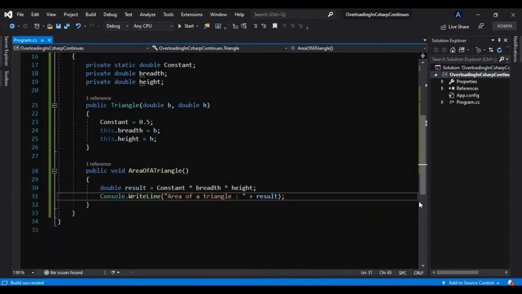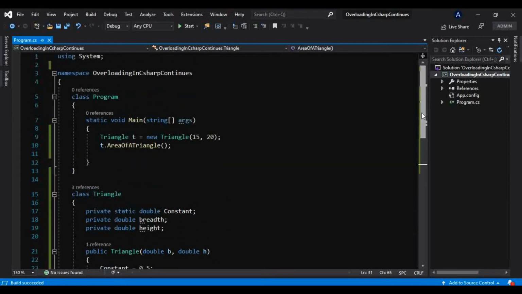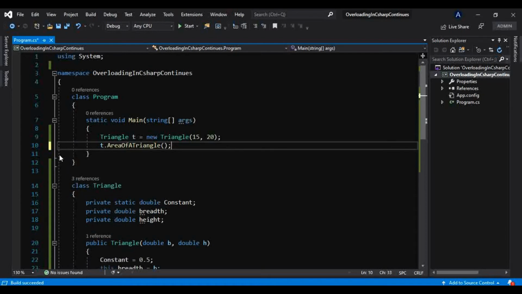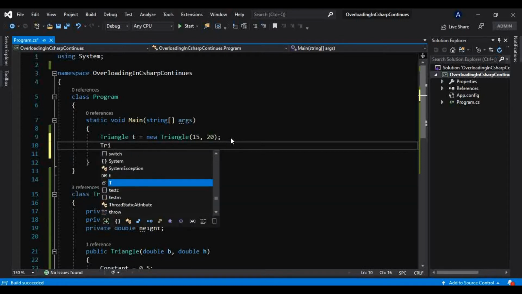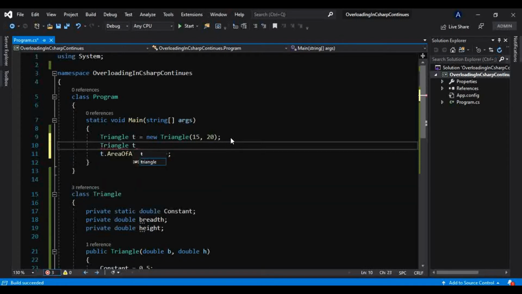Now I want to show you how we can overload a plus operator to do something extraordinary, which is not defined already. So we have to define that plus operator to do something extra. And what is that extra? Let me show you that. Let's say we will create another object of a triangle itself.